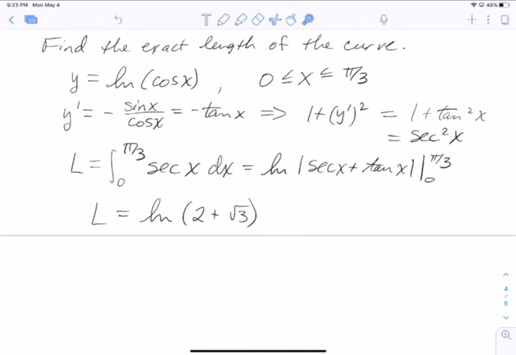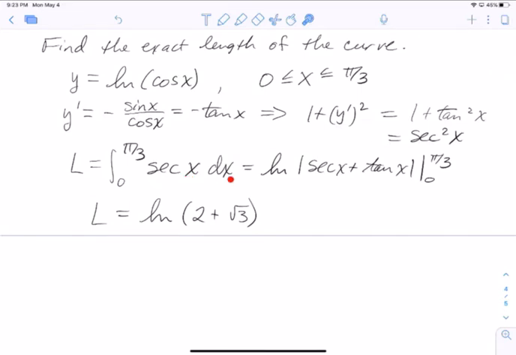The derivative of the natural log is 1 over the argument, and then times the derivative of the inside function if applicable. Since the argument is cosine of x, the derivative is negative sine of x, and so y prime actually boils down to the negative tangent of x. So 1 plus y prime squared is 1 plus the tangent squared of x, which happens to become the secant squared of x. Square rooting that gives us a length of the integral from 0 to pi over 3 of